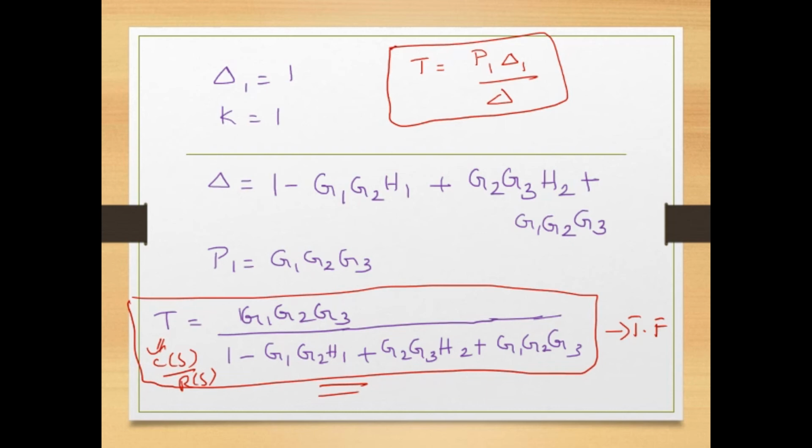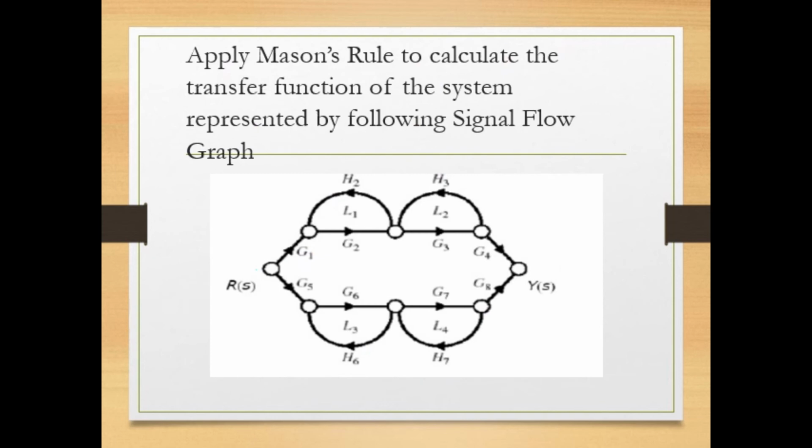Next we'll move on to our next example. In the next question, we have been provided with a signal flow graph. Using Mason's rule, we have to obtain the transfer function for the given system. For this system, we can first see how many paths there are. To use Mason's formula, we need to identify the forward paths. We need to identify the feedback paths, nothing but the loops, individual loops, self loops, non-touching loops, and then use them in the formula.